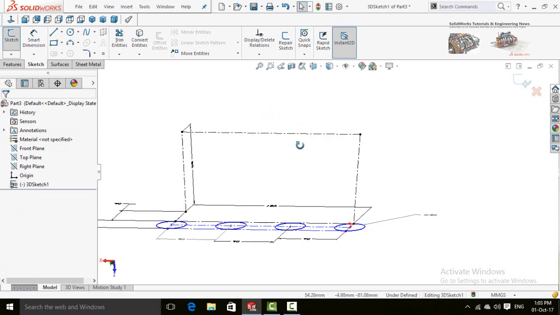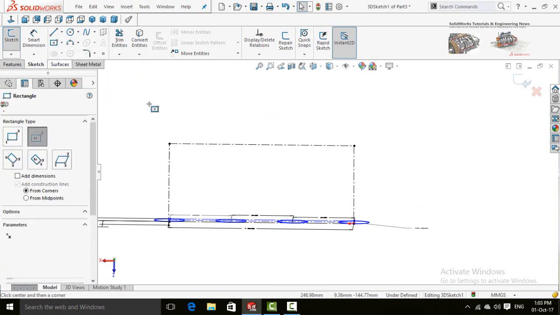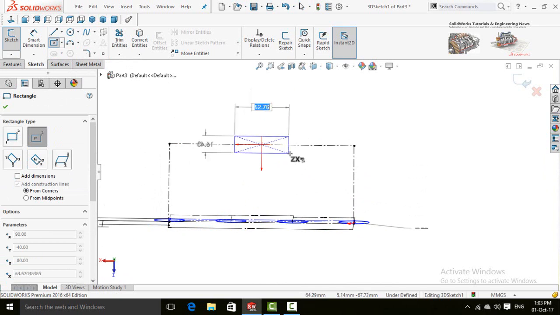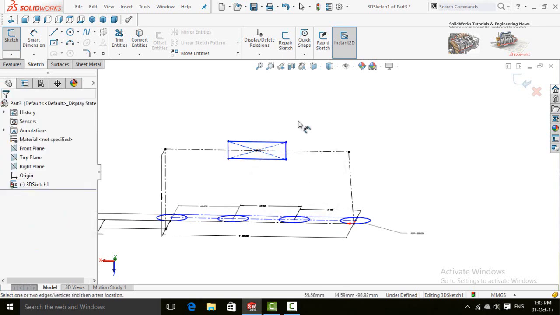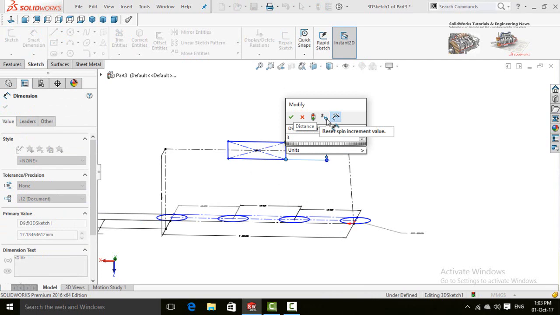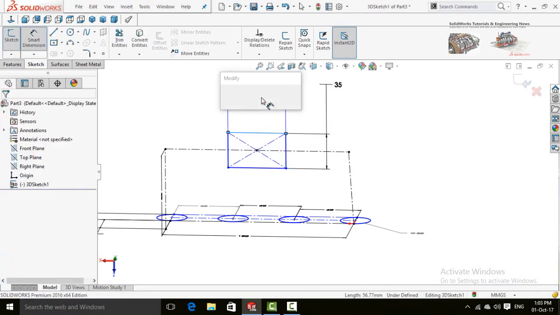Now we have to draw a center point rectangle. So select center point rectangle and draw it from this midpoint along XZ axis or ZX axis. Now define it 35 millimeters and 70 millimeters.